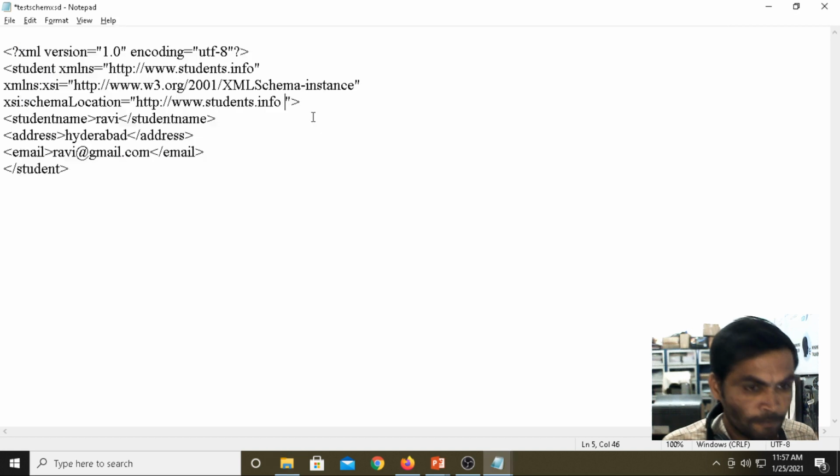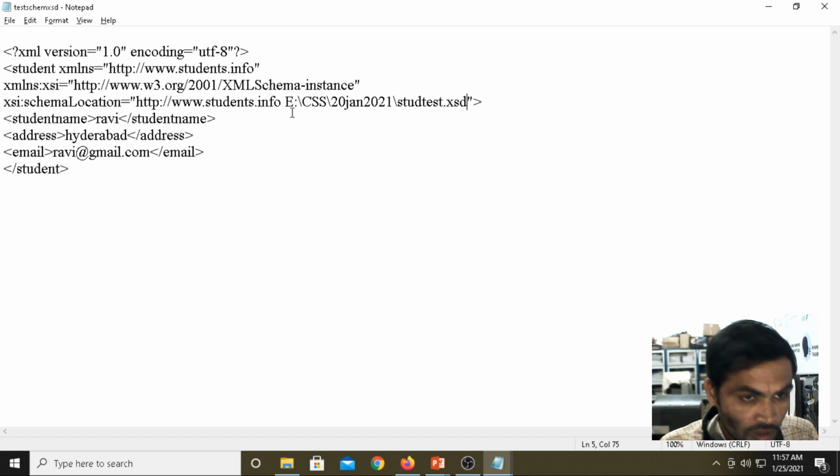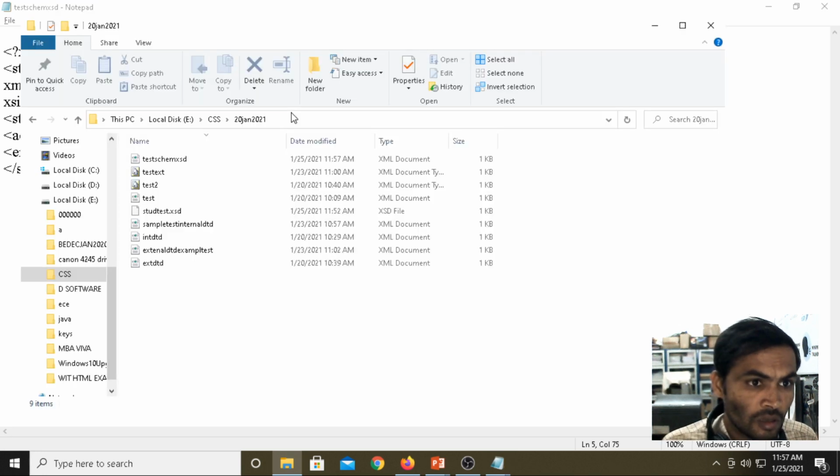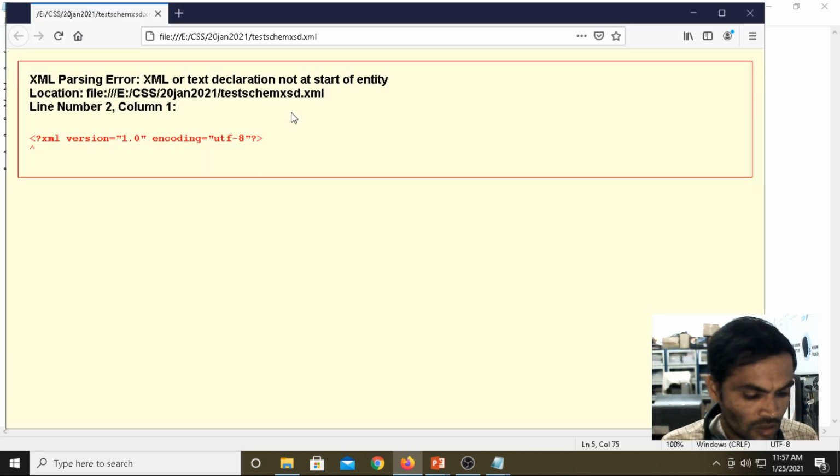Control C, Control V, Control S. Parser error: XML or text declaration not at the start of the entity. I gave forward slash here.